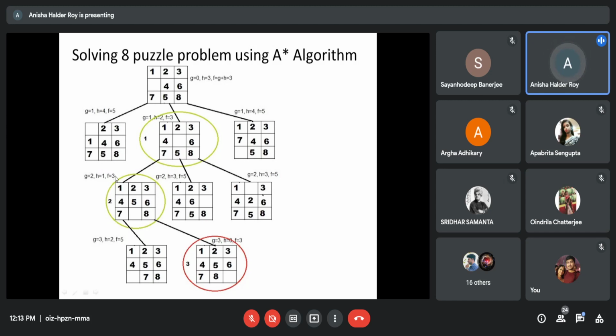So here summation of these two is 3, 5, 5, minimum 3. Proceed with this. এটা দিয়ে প্রসিড করলে এখানে তোমার গোল স্টেট এসে গেছে।